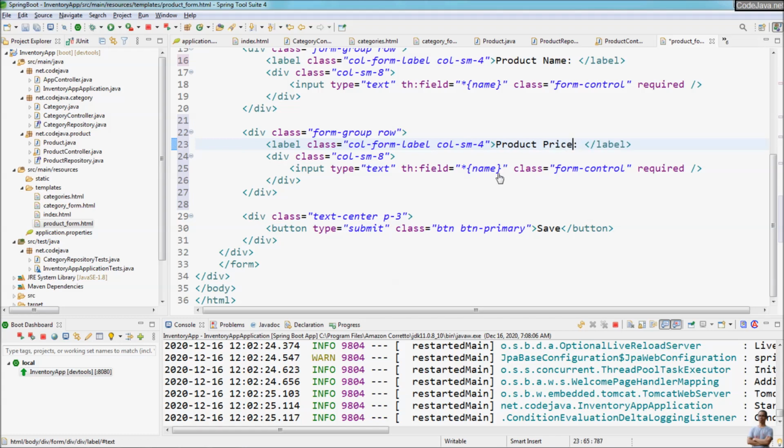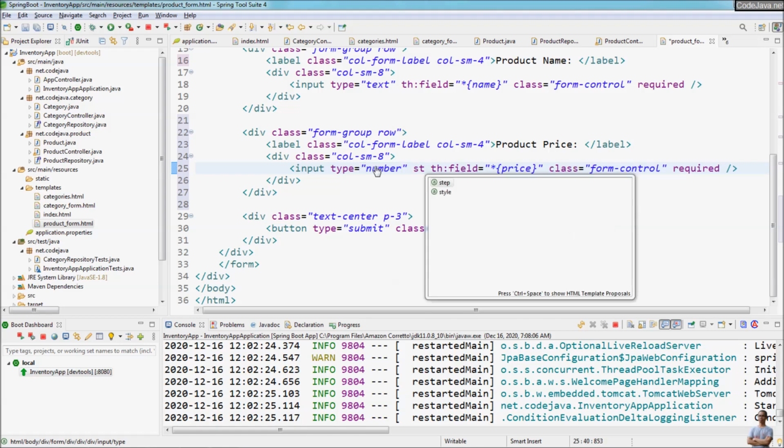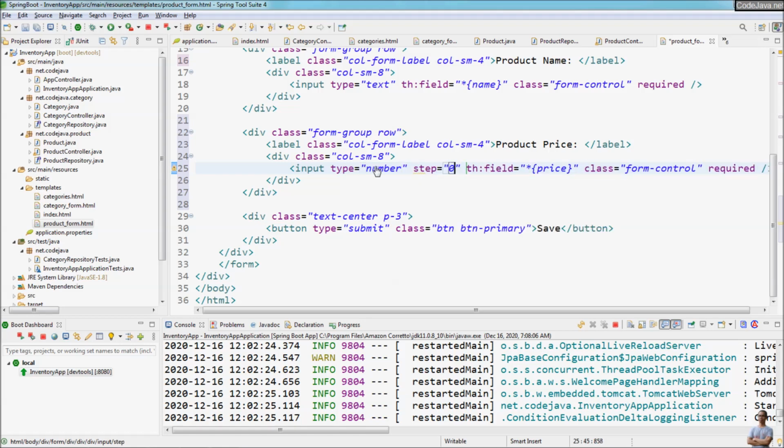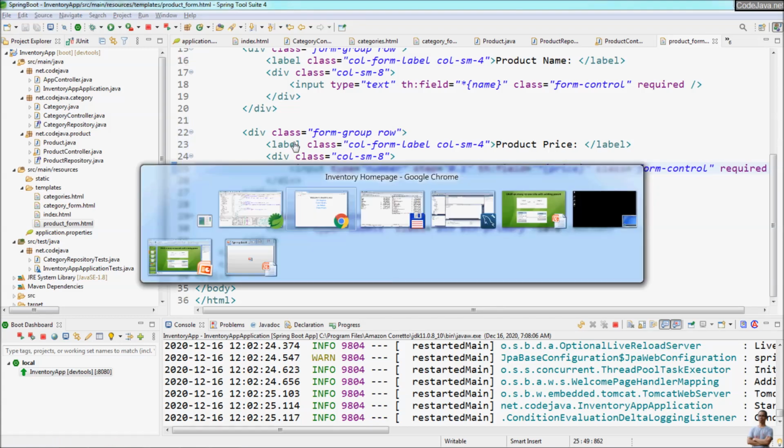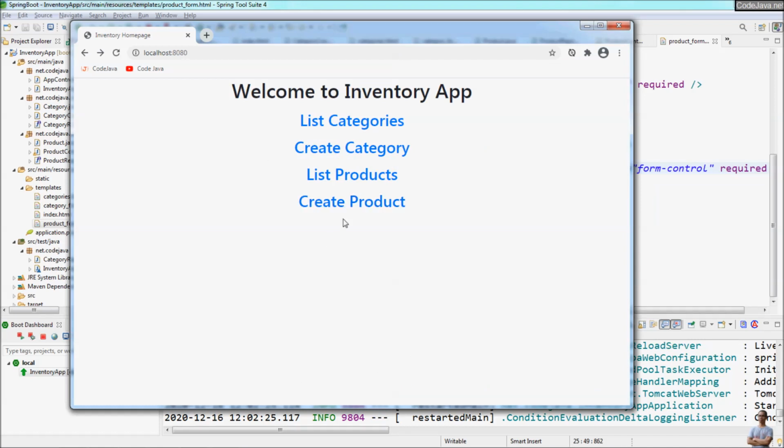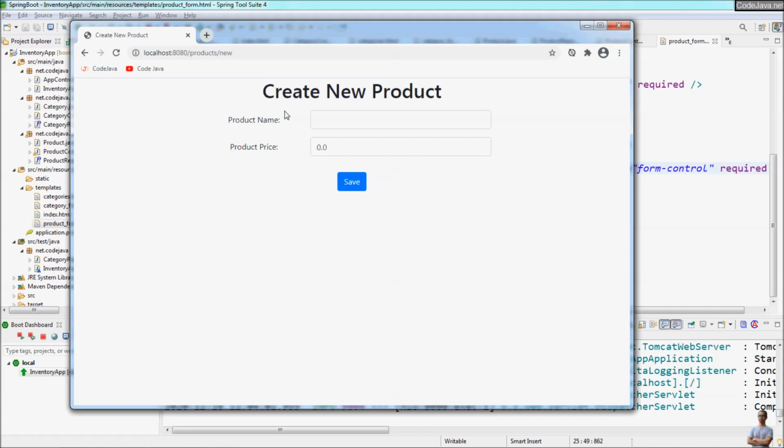Product price, map to the field name, price. Type of the input is number. With step 0.1 to allow inputting float number. Okay, and in the home page here, click the create product hyperlink, and we see the create new product form